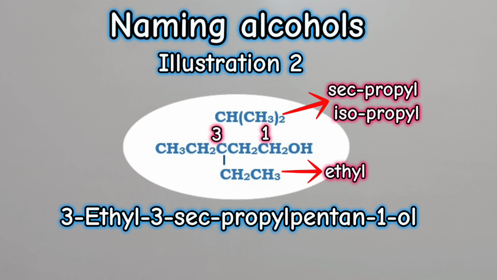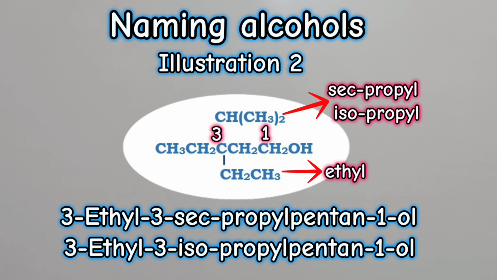which is simply pronounced as 3-ethyl-secondary-propyl-pentan-1-ol. Note that secondary propyl is also known as isopropyl, and therefore the compound can have another correct name, which is 3-ethyl-isopropyl-pentan-1-ol, simply pronounced as 3-ethyl-isopropyl-pentan-1-ol. At this point, I want to thank you for paying attention, and I take this opportunity to welcome you